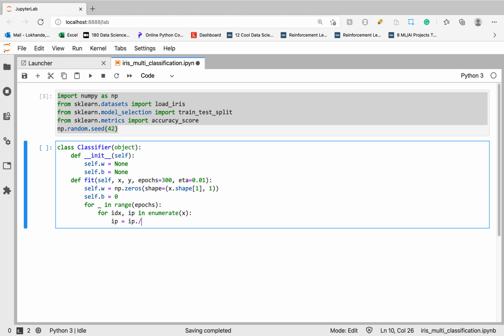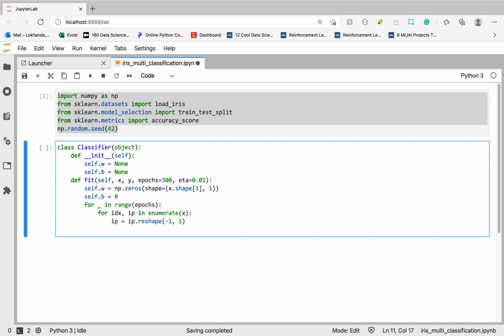Let's reshape this ip. We need to convert it to two-dimensional for simplicity. There is a method called reshape. Here I am passing -1, 1. We are telling numpy the second dimension is 1, and numpy will calculate the first dimension. Now let's extract the target. Target is nothing but y of idx.